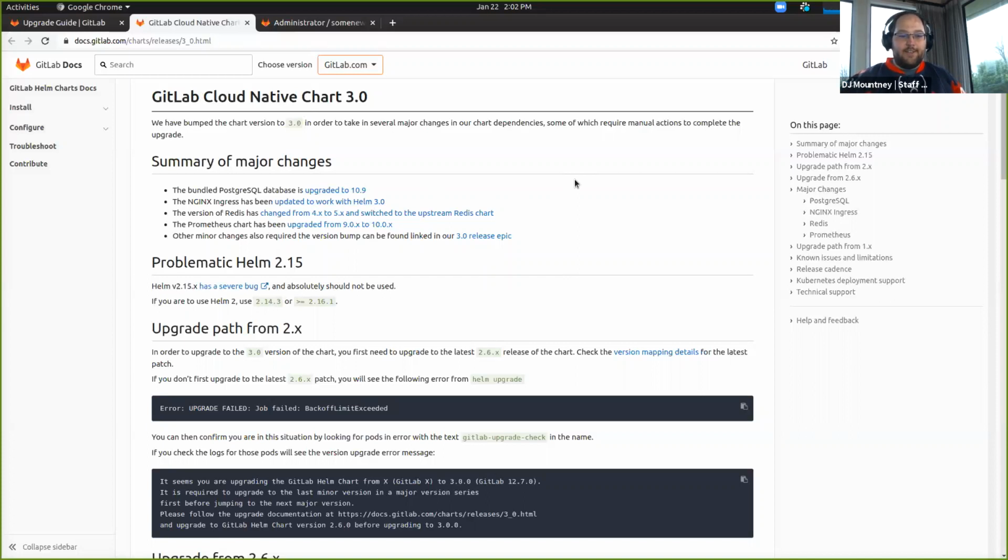One is upgrades to our dependencies, our dependent charts, in order to support the Kubernetes API removals for old deprecated APIs that came with Kubernetes 1.16. So we had to update several of our components in order to be compatible with installation on that version of